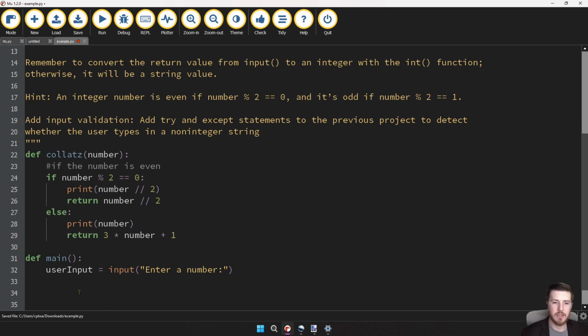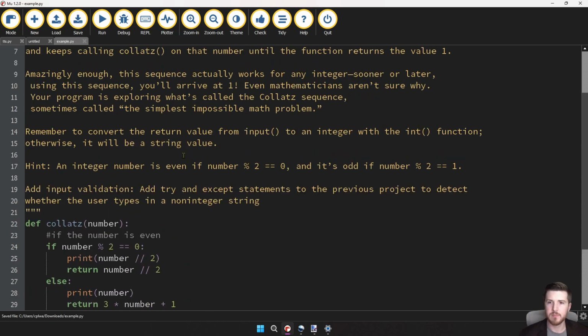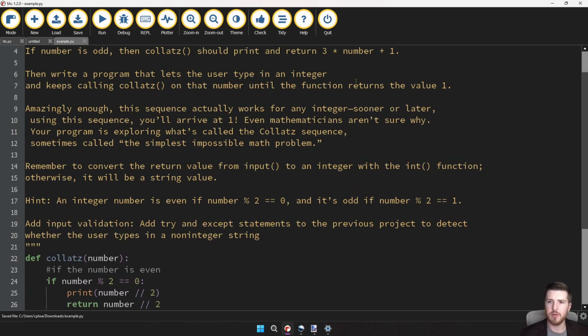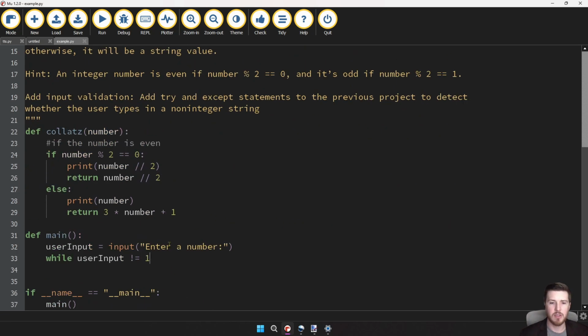Okay, and then we'll say while user input does not equal 1. You said 1, right? Yeah. Until the function returns a value of 1. So we'll say while user input does not equal 1,